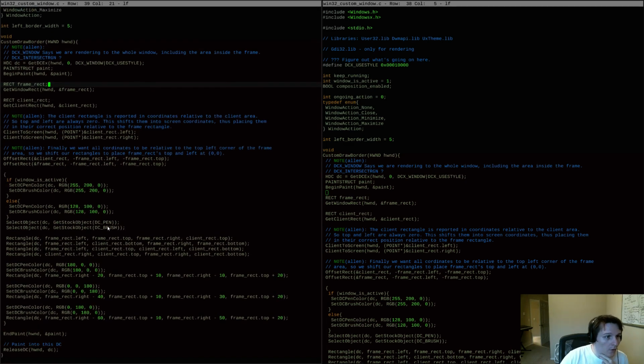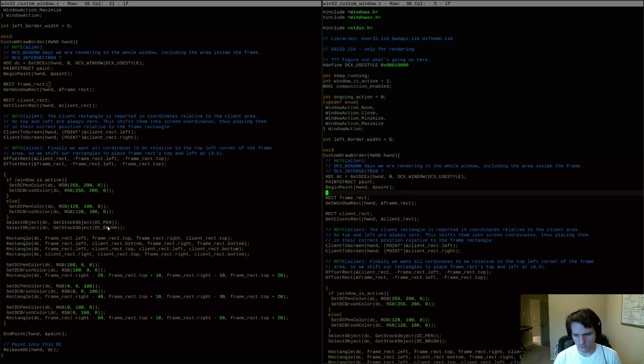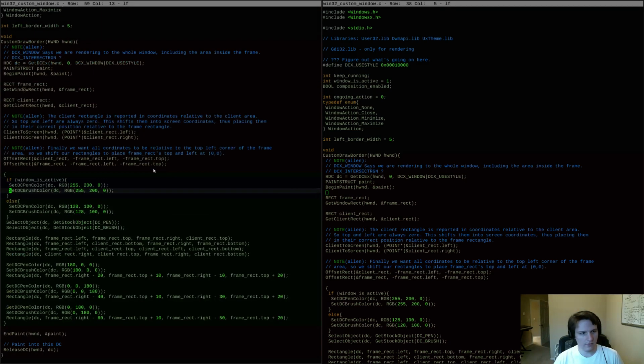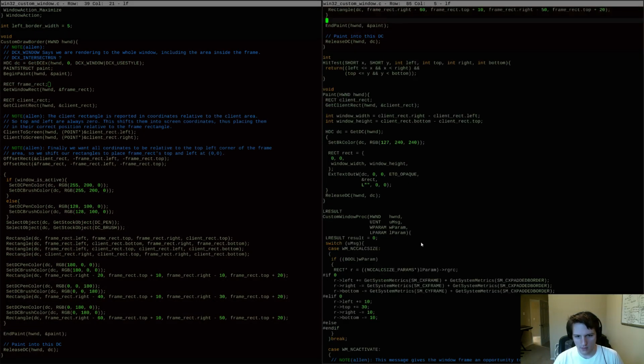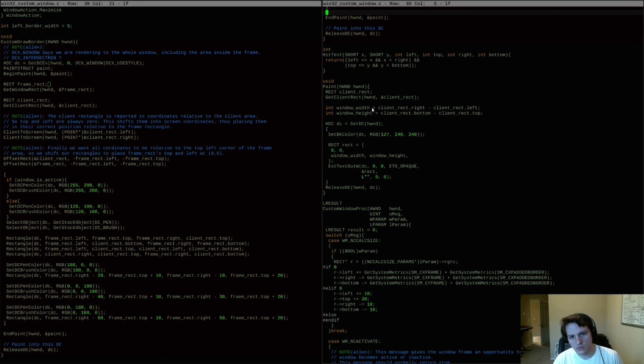Custom draw border. Yeah, so I can now paint everything as if it were client area, so I don't need this, but I still kind of want, and I actually have, whoops, why am I looking at this twice? I meant to be looking at paint over here. I have an additional issue, which is that I'm currently using this to find out my width and height, but I don't think I should be doing that. I think what I should be doing is,